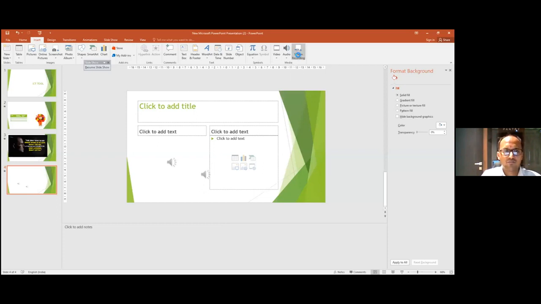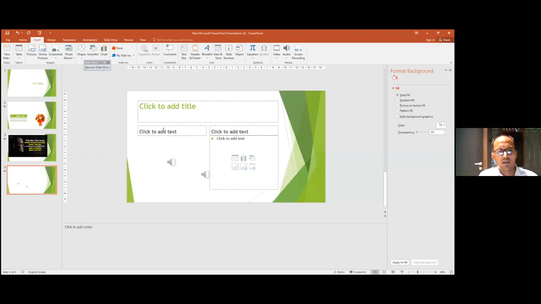By clicking on it, you can choose the dimensions of your screen. For example, I have chosen the dimensions like this, and I can record my screen. I can record this much part of the screen by selecting the area, and this is how you can record your own PowerPoint presentation, and you can share it with the students. So this is how you can insert audio, you can insert video, or you can record your own PowerPoint presentation in the way you want.